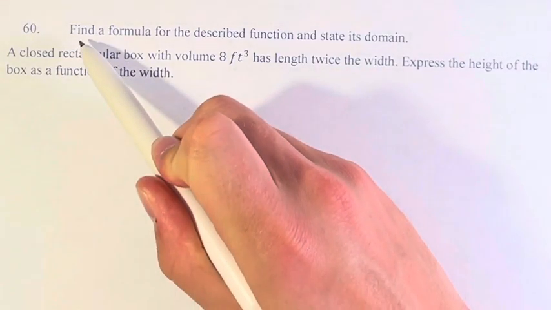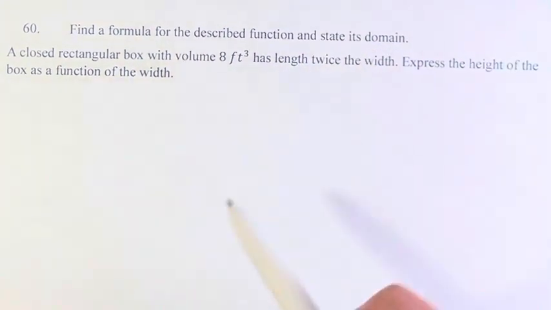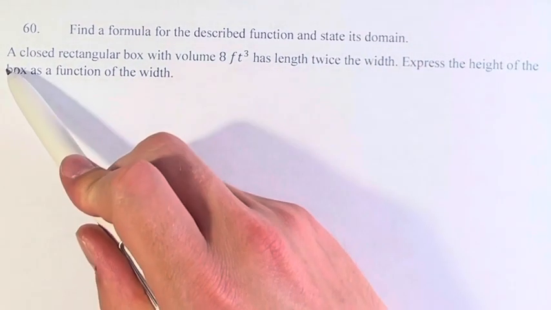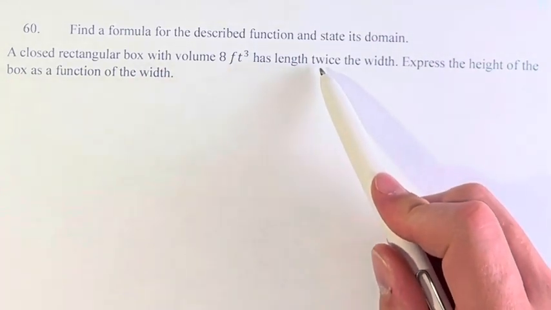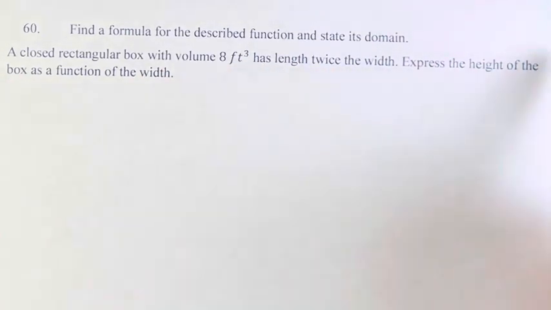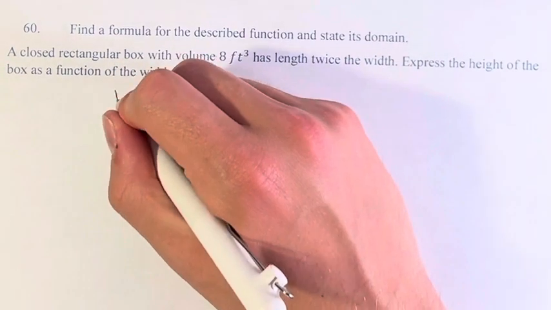In this problem, we're asked to find a formula for the described function and state its domain. We have a closed rectangular box with volume 8 feet cubed, has length twice the width, and we're looking to express the height of the box as a function of the width. So we have two things. We have the volume